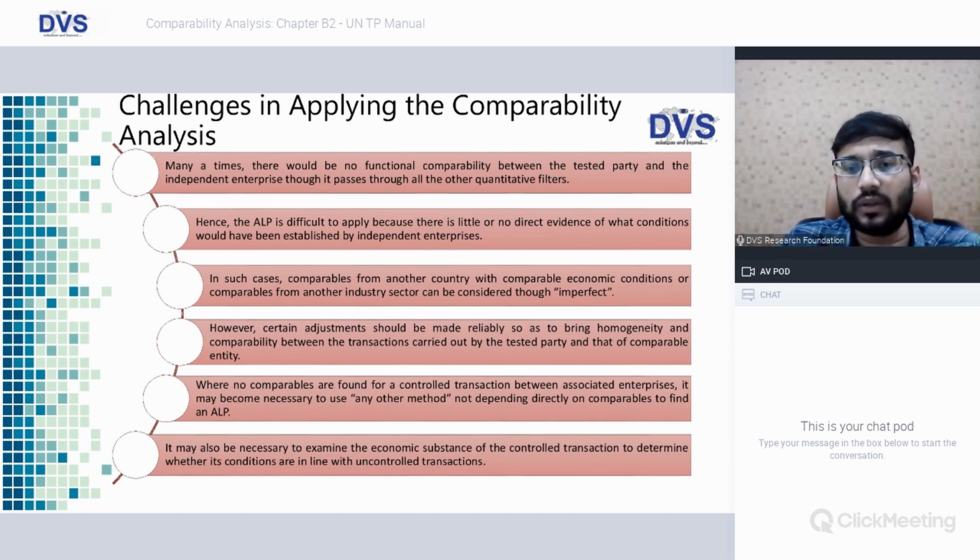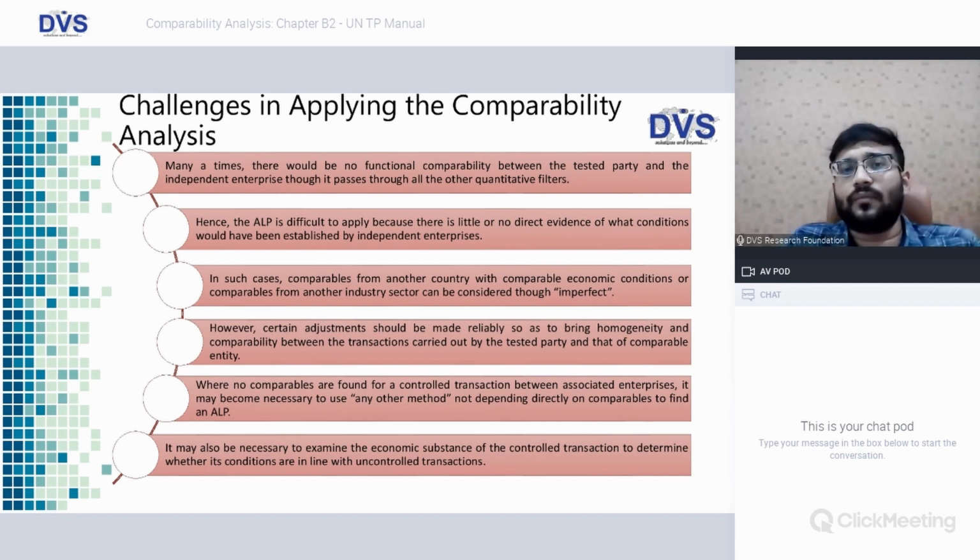In such a scenario, it is important to use qualitative analysis. Once the quantitative filters are used, we have to apply a qualitative filter and then confirm. A qualitative filter means you go and check the company's website and annual reports, and understand what exactly the functions are carried out by the proposed comparable companies, and the company for which we are doing the transfer pricing study. After that, if we are left with a few companies, then financial analysis needs to be done for those particular companies.